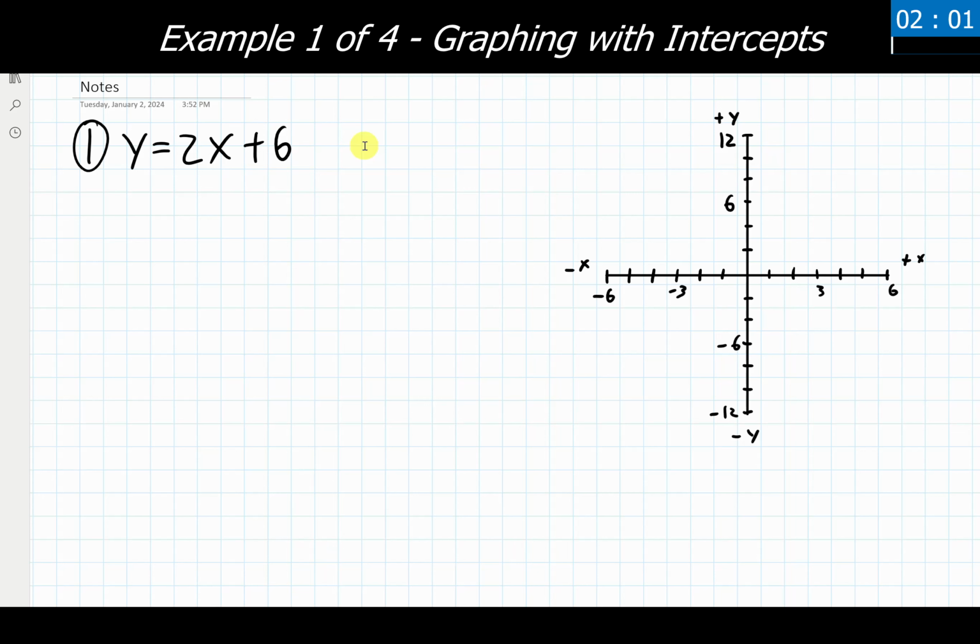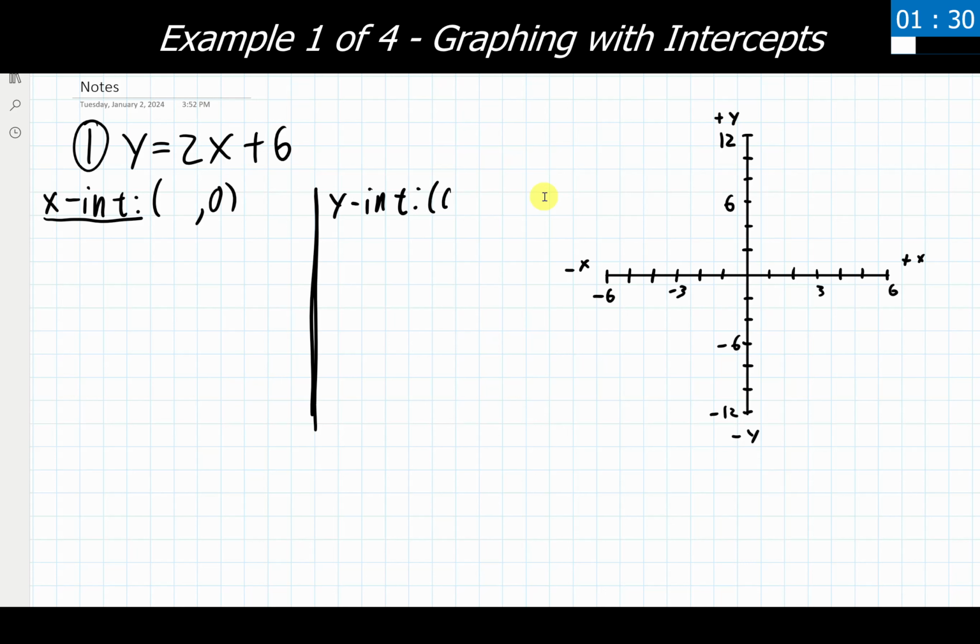Our first example with graphing with intercepts is the equation y equals 2x plus 6. I do have a graph pre-made and ready to go over here. Let's go ahead and start calculating what these x and y intercepts are going to look like. So we're going to go through the same setup that we did with our previous examples. We're going to use the exact same process. Nothing really is going to change in that regard, at least to begin with. So we got our x-intercept spot there, and we got our y-intercept spot right here. Perfect. So let's go through and calculate each of these x and y intercepts first.